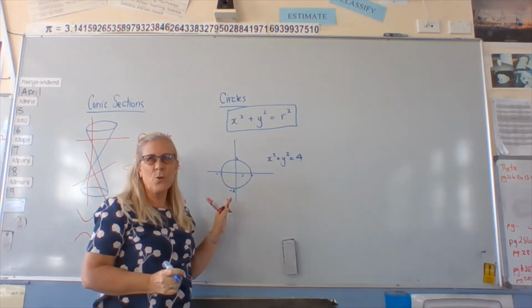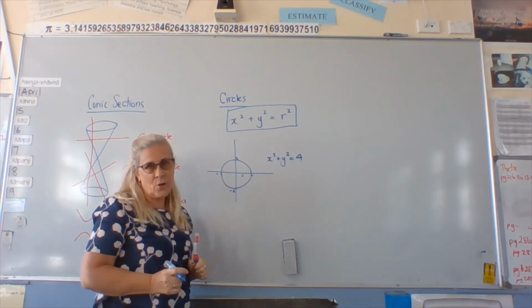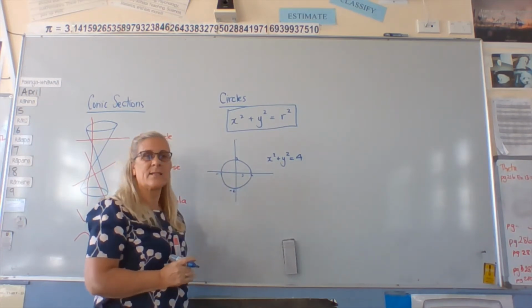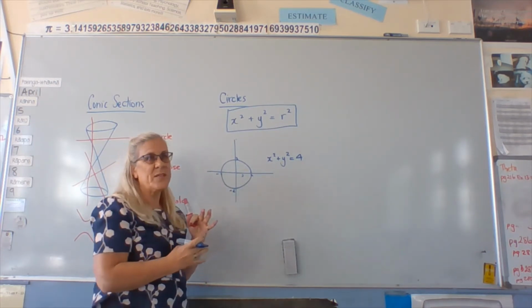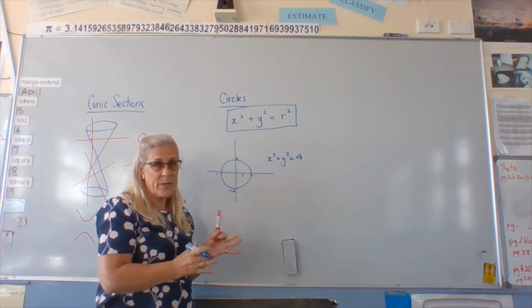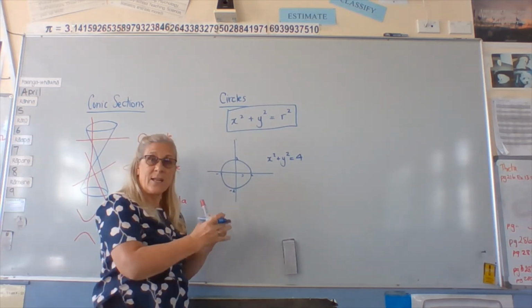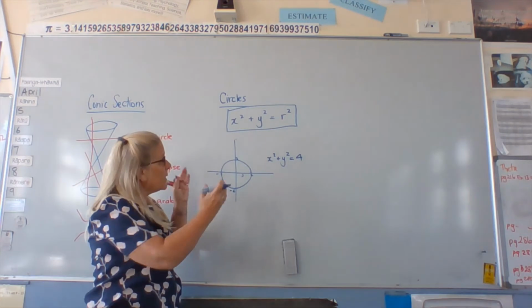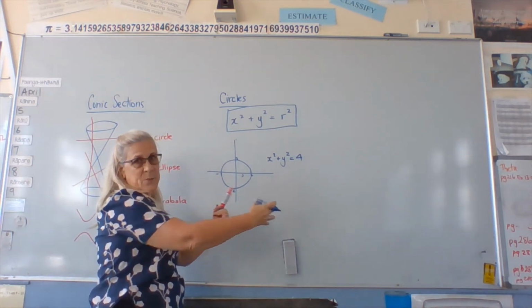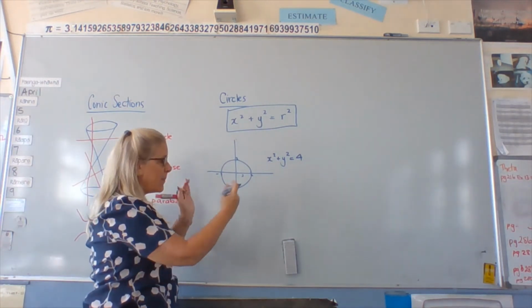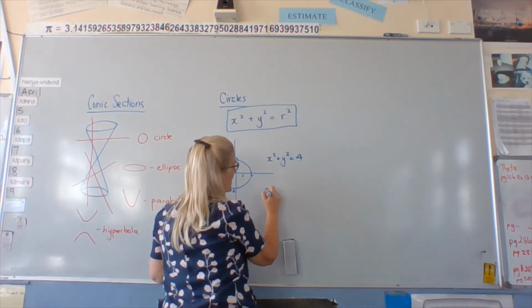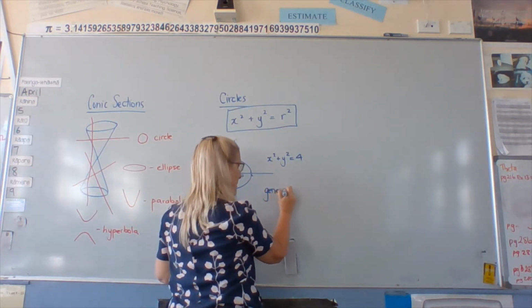But our circles don't always stay hanging on the origin, the centre point of our axes. So we have to be able to move these around, and we learned how to do these a little bit when we were learning about graphs last year. So if we want to move x this way or that way, we actually put a number in the brackets with x. So our general formula